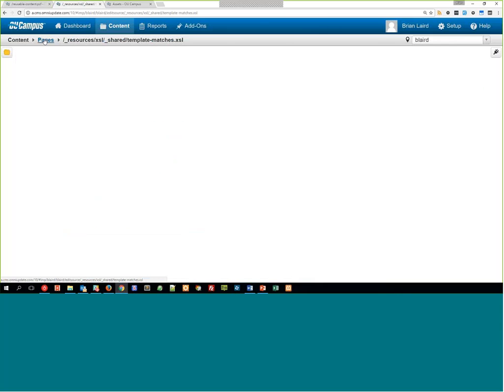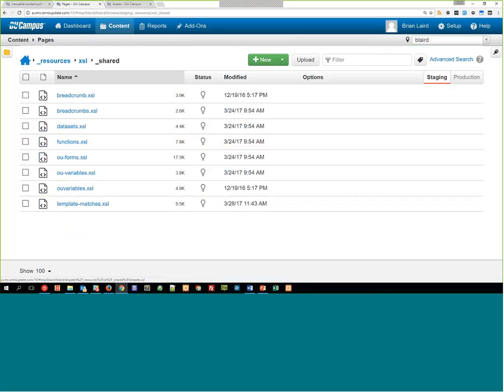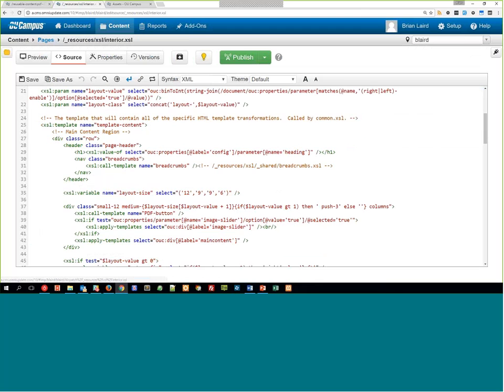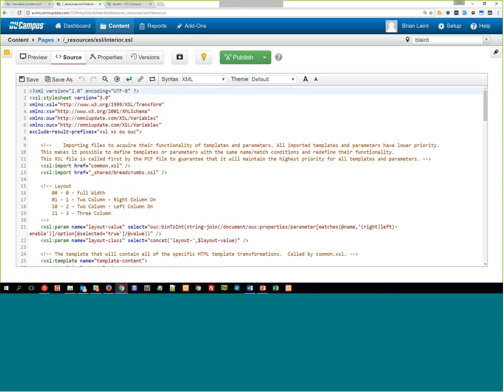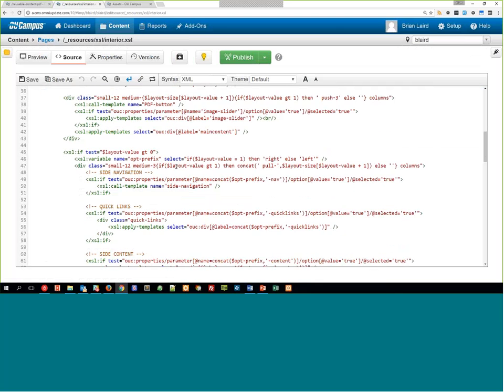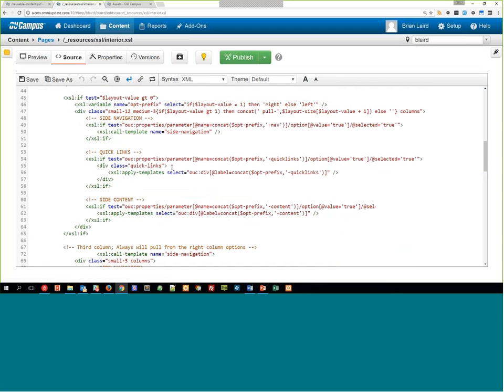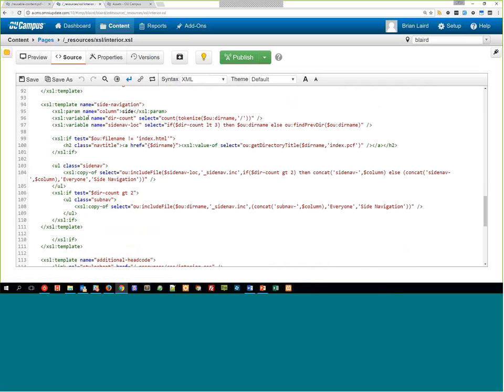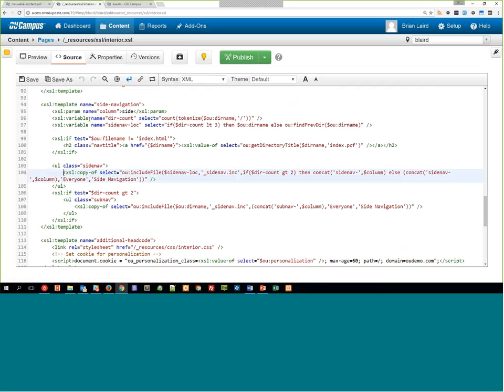So if I go back to that Resources XSL Interior, I can see the code of what it's using. I can see it's also importing a couple other XSLs, so the code could be anywhere in that tree, depending on where you want to put these different pieces. In this case, I see here's the side navigation template XSL that's calling it. And right here, that's kind of what I was looking for. We have